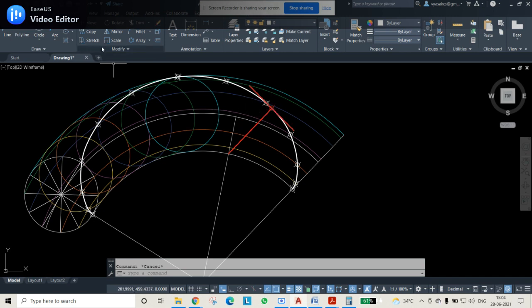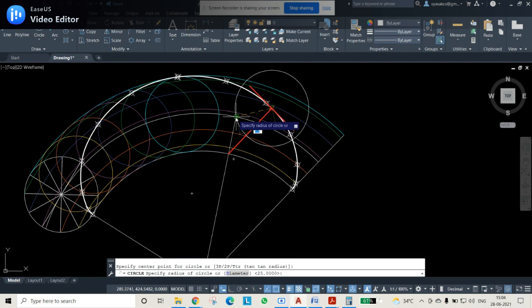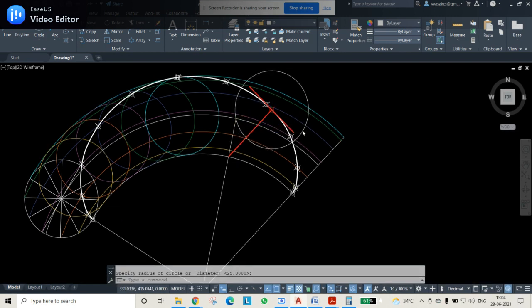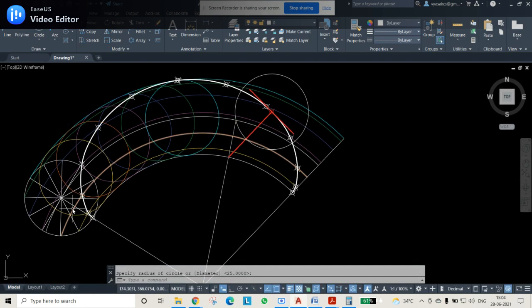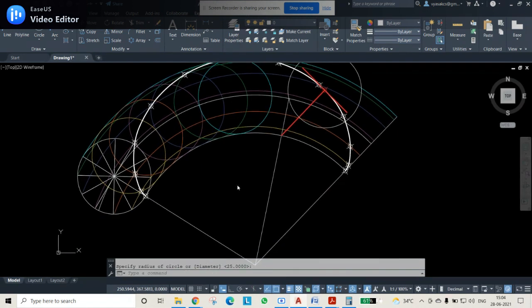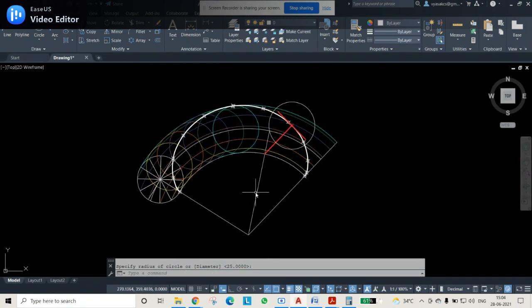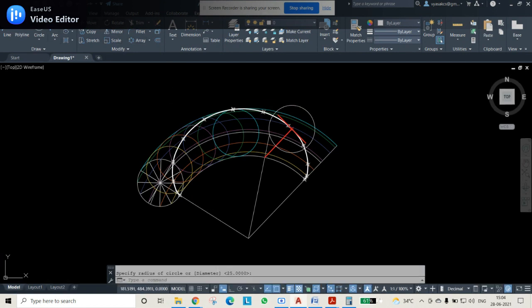How did we get this line? By using a radius of 25 mm. We have 25, it is the radius of the generating circle. So once this is finished, the diagram is finished. Even now you won't get full marks. The reason is that you have to give the information, annotation should be given.